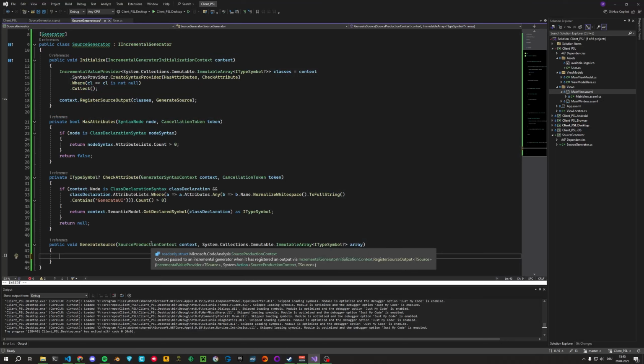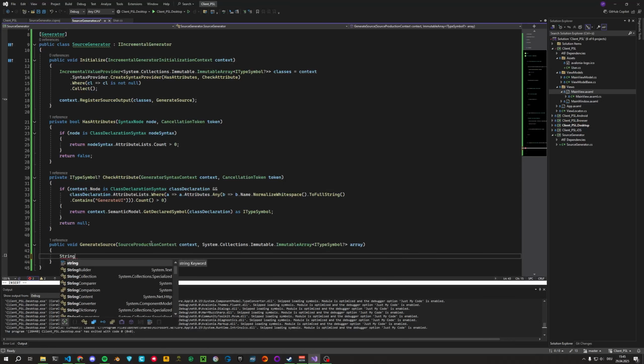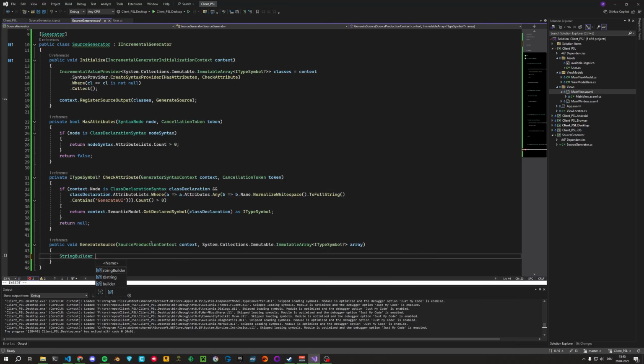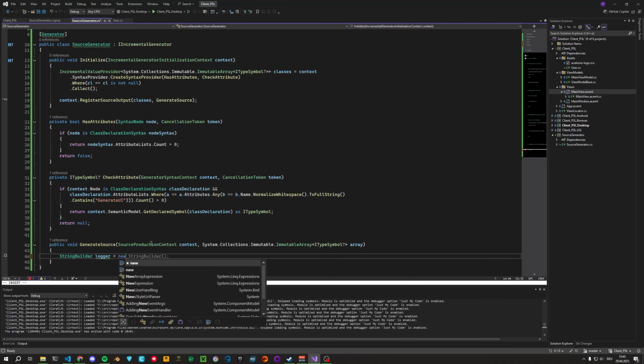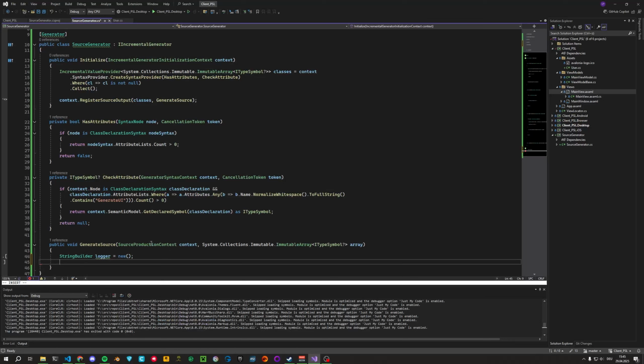So I'm gonna use it for this, but you can also, and just for now I'm also gonna do this, you can also just log it into a CS file. So make a string builder. We're gonna work a lot with string builder. We're gonna call this logger new, and then logger.append line,